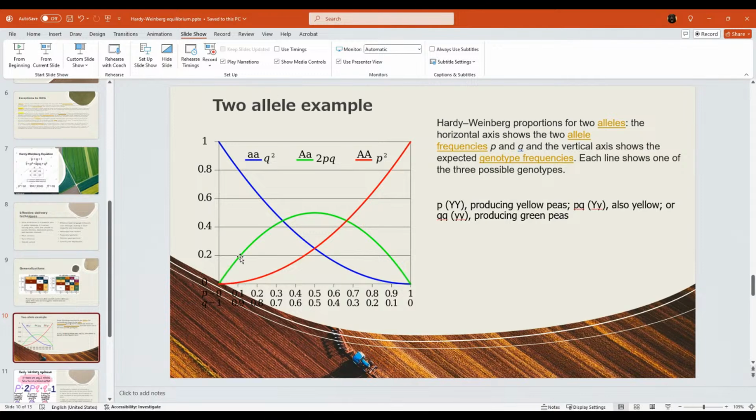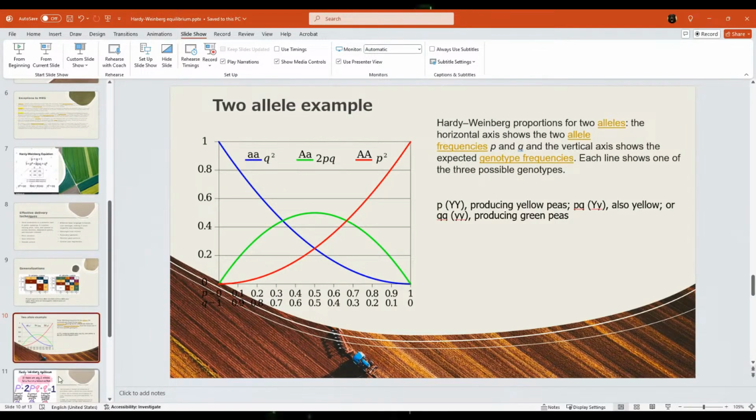Now notice this graph, which is trending toward the combined trait, is a bell-shaped curve. This one is a parabola because y equals p squared. So this is a parabola going this way, and this is a parabola going the opposite way, a downward parabola. Remember algebra, y equals x squared is a parabola. Anything to the second power is a parabola. So that's why it's a parabola this way versus this way, and this represents the admixture of both traits. And then you can see the frequency of each trait appearing by a decimal value.